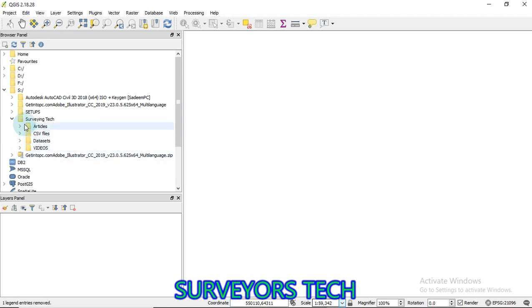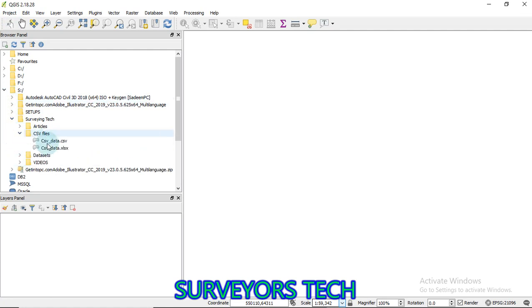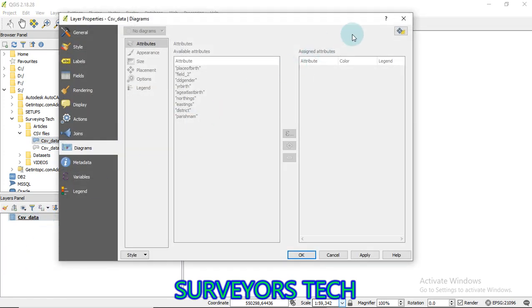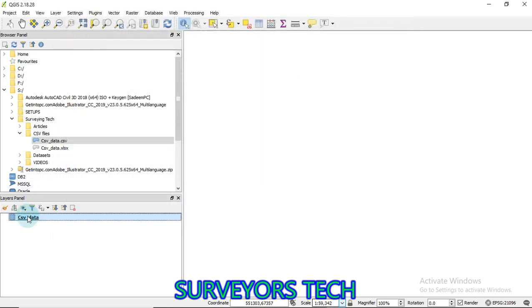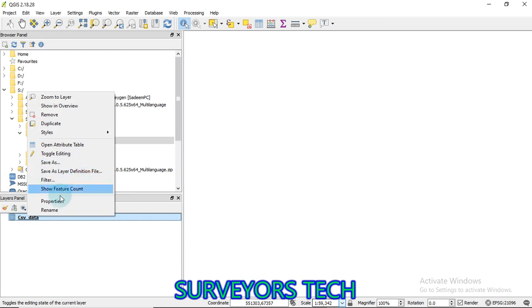One way you can do this is to use the browser panel. You browse to your drive where you have the data, then you bring your data. You need to make sure that your data is saved in a CSV format. Put it in CSV, then drag it there. Then you can right click on it and go to properties.